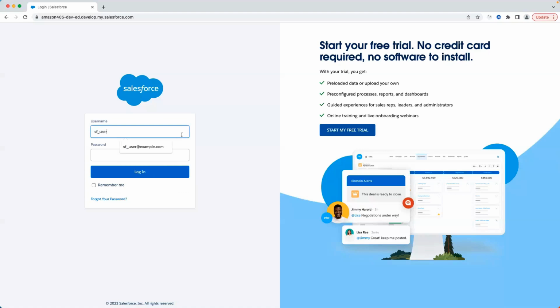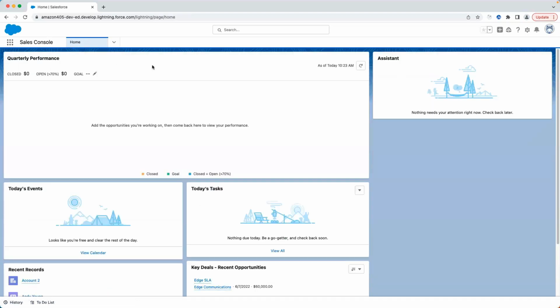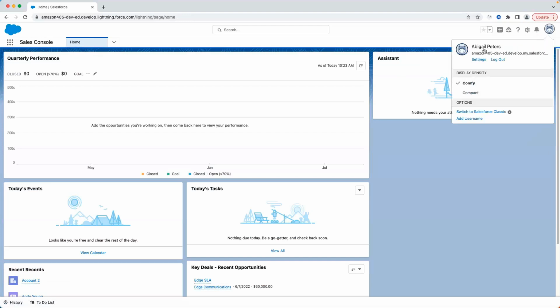So I'm going to log in as, okay. As you can see, I have logged in as one of the readers or the regular Salesforce users, and